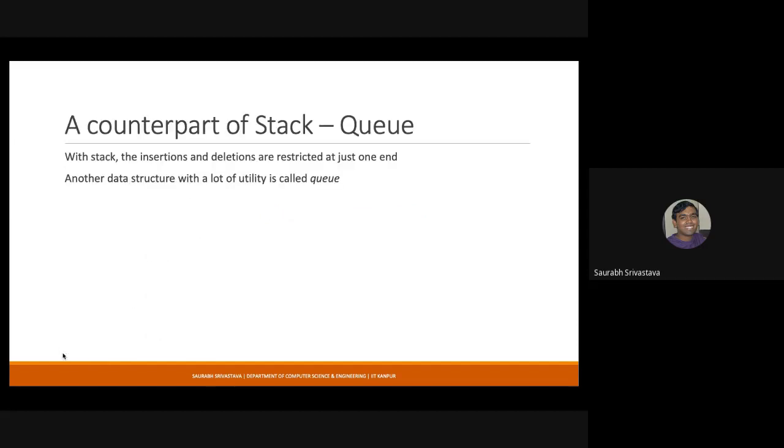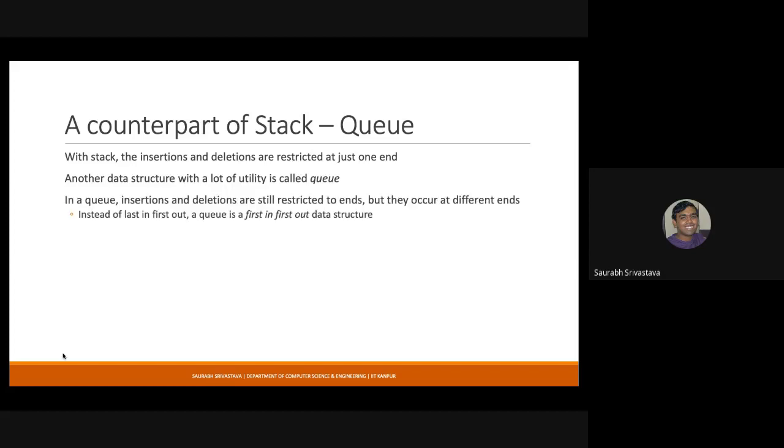Another data structure which is usually considered a counterpart of stack is queue. Stack is basically a one-ended data structure. The insertions and deletions take place from the single end, and this is why the value that was added last is the value that gets ousted first, right? In queue, it is not the same. In queue, you basically have two ends open, but you are only allowed to insert values from one end and then take them out from the other.